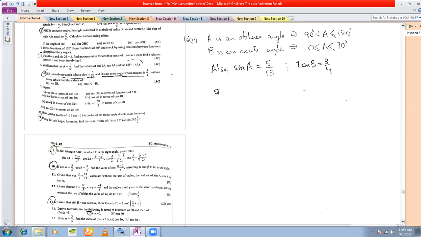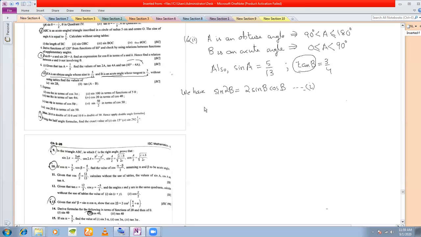So for sine 2B, what do you need? We have sine 2B is equal to 2 sine B cos B, right? So in order to find sine 2B, you need a sine B and you need a cos B. But you know tan B. Then how will you find sine B and cos B from tan B? We'll use the identities. Let us call this 1. Sine 2B is equal to 2 sine B cos B. Now, with the help of tan B, we are going to find sine B and cos B. Remember this technique, very important technique, always you will require.